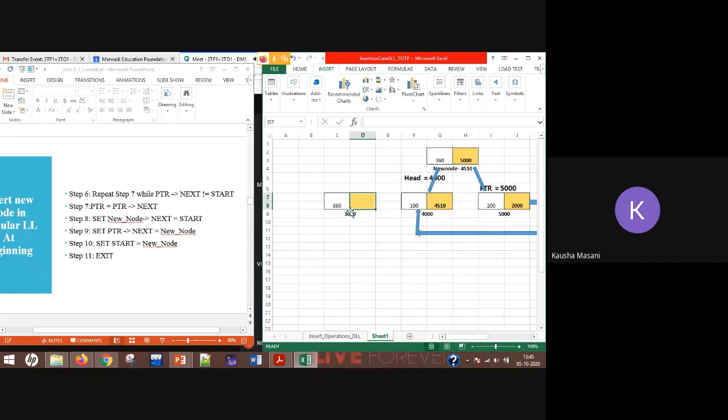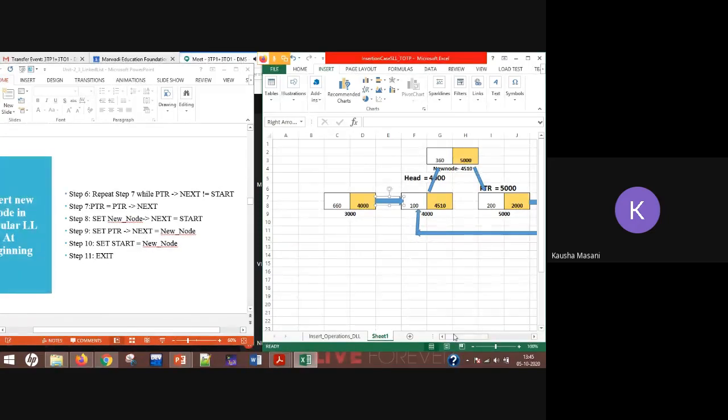So what I'm going to do, new node next. So this part is equal to what? My start. What is start? 4000, right? So this arrow I'm going to copy here, stating that I have created a link. Okay, now PTR of next.